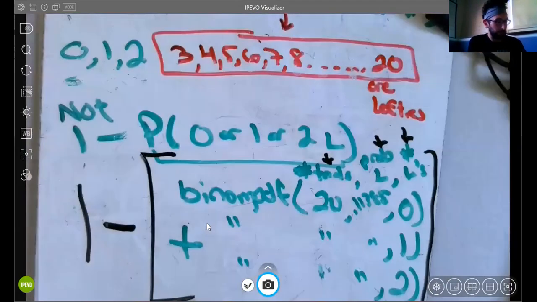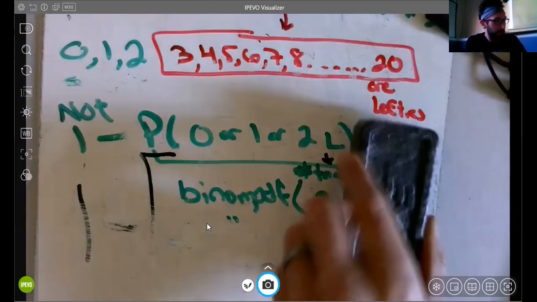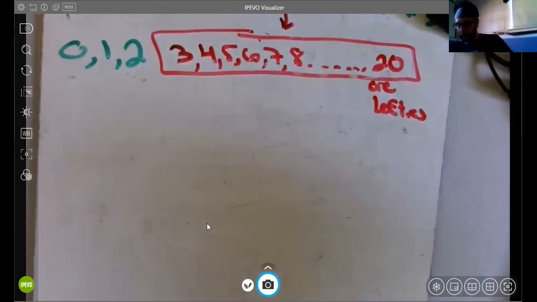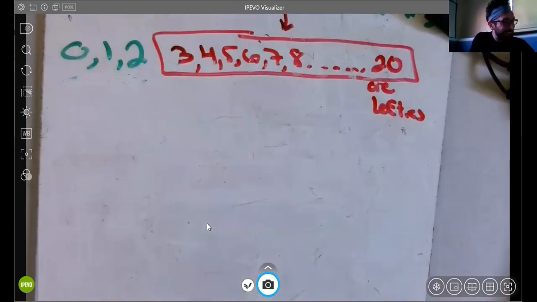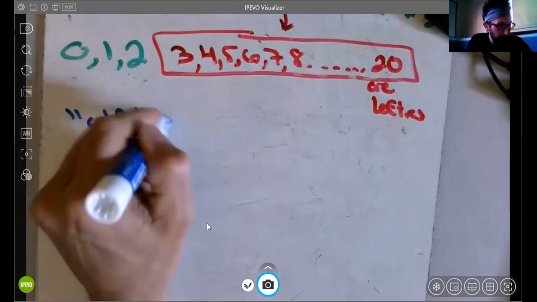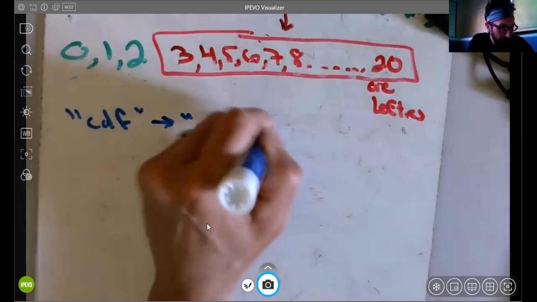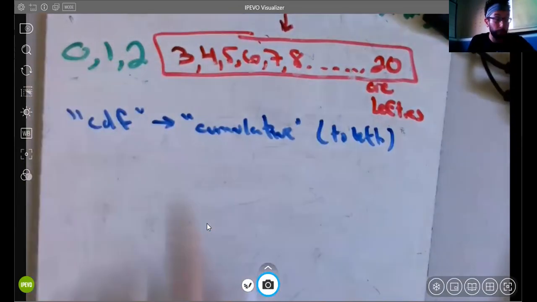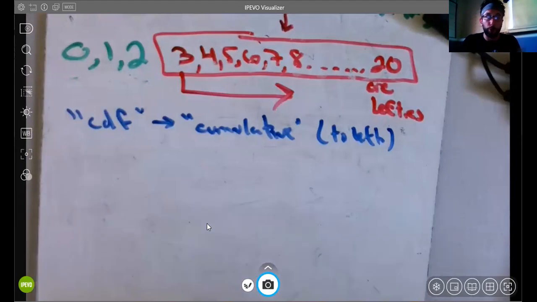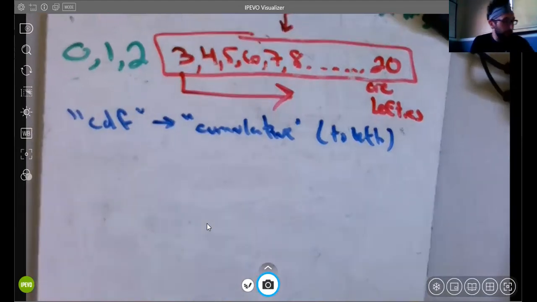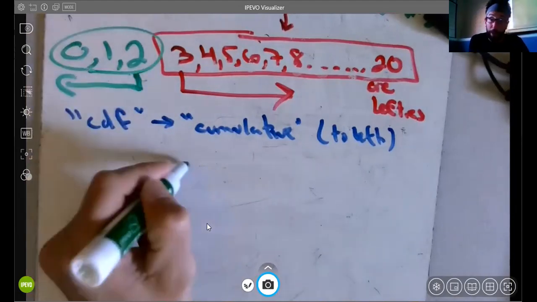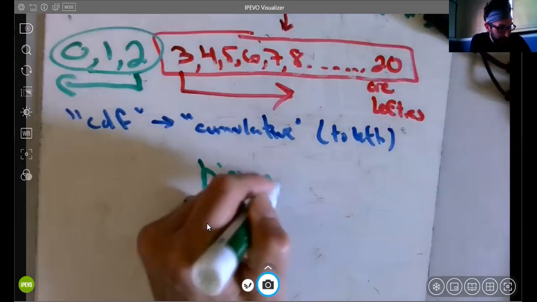And then comes my third option, the one that I personally would do on the exam. If we recall, binomial PDF was to get an exact individual number of successes that we just used. But binomial CDF, right, that CDF stands for a cumulative probability, or a probability like to the left. So binomial CDF cannot give us our answer because we want a probability like to the right, right? Like we literally want from 3 and above. So we're going to use binomial CDF to find from 2 below a probability to the left and then subtract from 1. So what I'm actually going to do on the exam, binomial CDF,